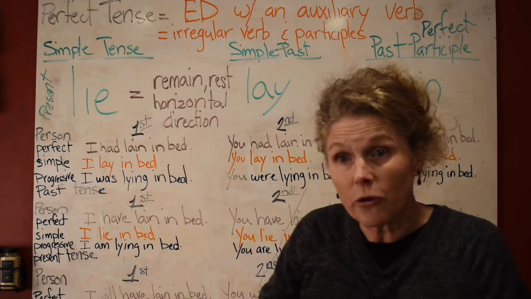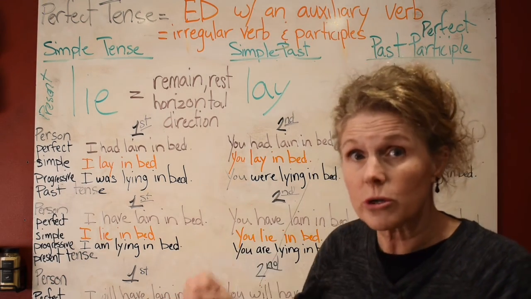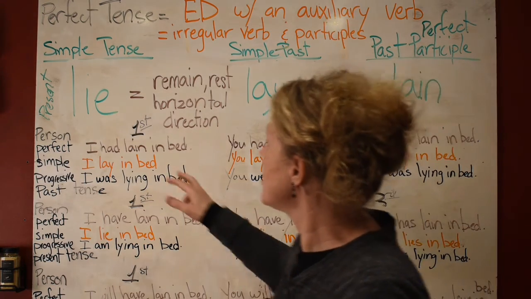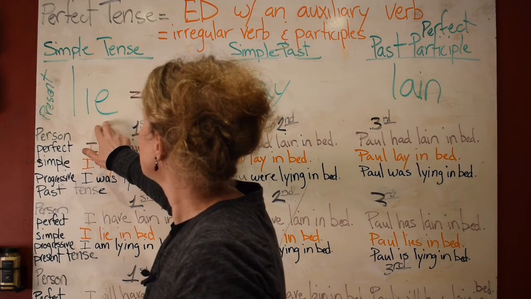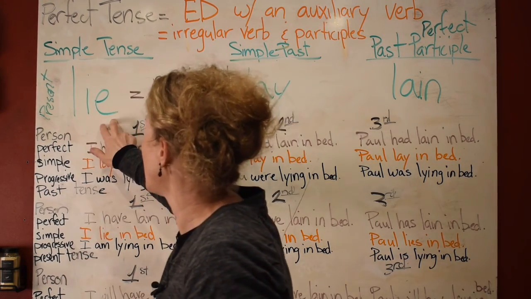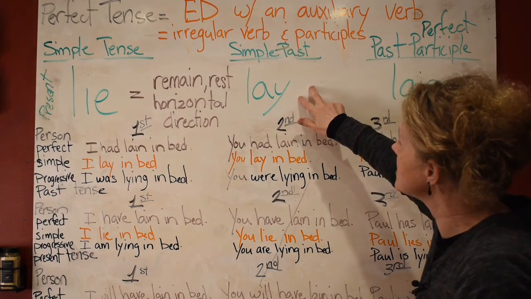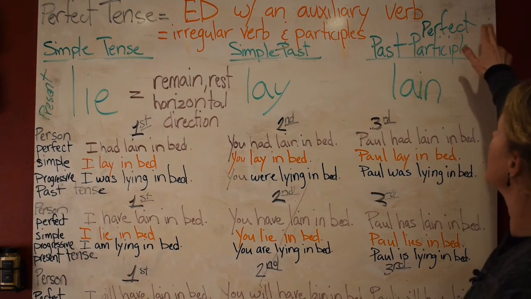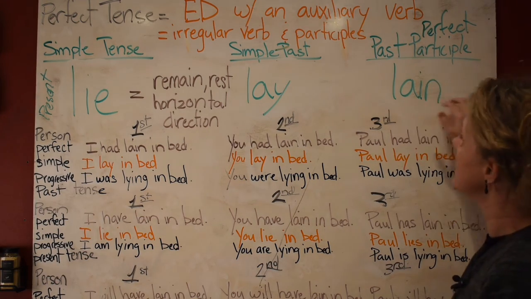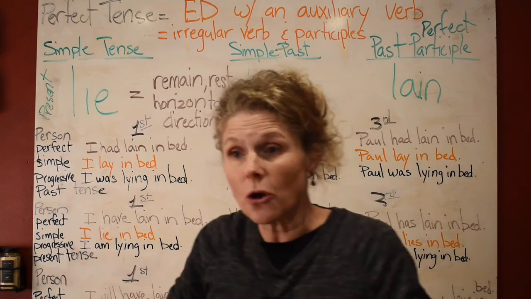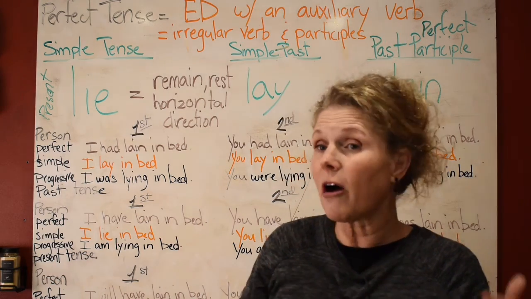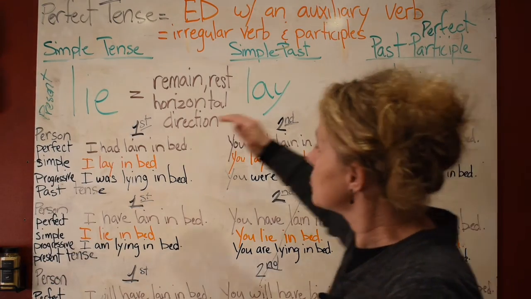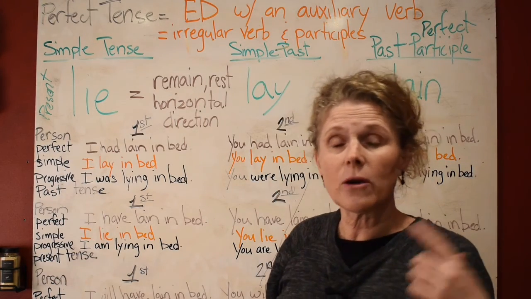Now the word that we're focusing on today is a really tricky word. It gets most people confused, and we are talking about the simple tense of lie. And then we have the simple past tense. It's lay, and your past participle, which lands you in the perfect tense, is lain. This word is so confusing that people often try to use different words to help you understand it. So that's why lay or lie,